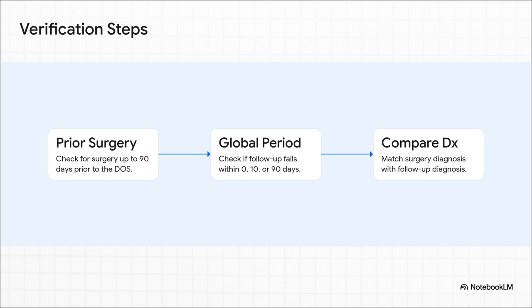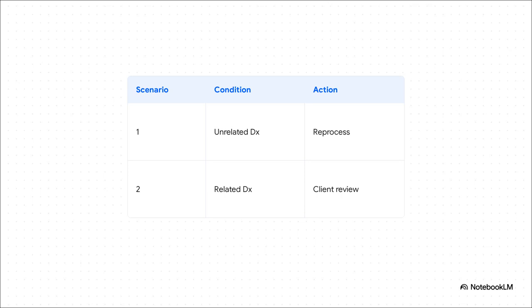Step 3. Look at the diagnosis codes. Does the diagnosis for this follow-up visit match the diagnosis from the original surgery? Once you've done that research, you're going to find yourself in one of 2 scenarios on this decision tree. In Scenario 1, you discover the current visit is totally unrelated to the prior surgery, or the diagnosis codes are just completely different. In this case, you call the payer representative directly and request they reprocess the claim because their